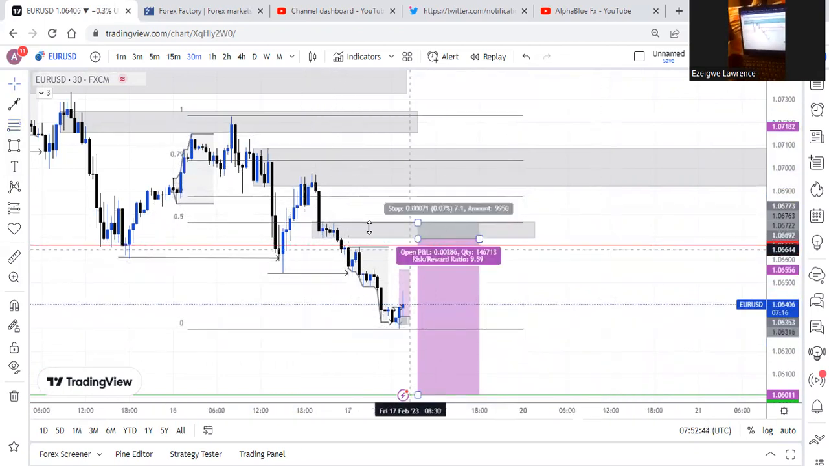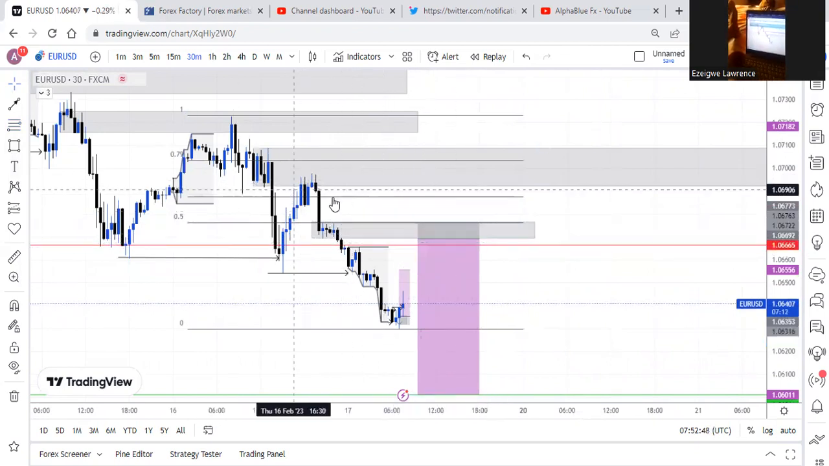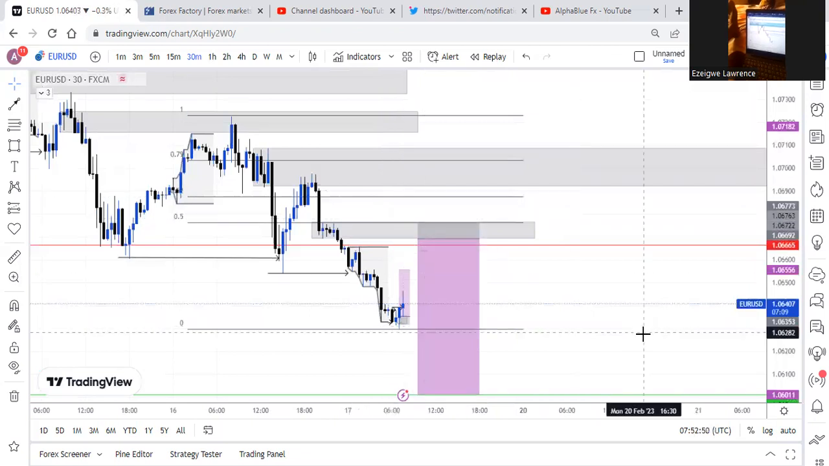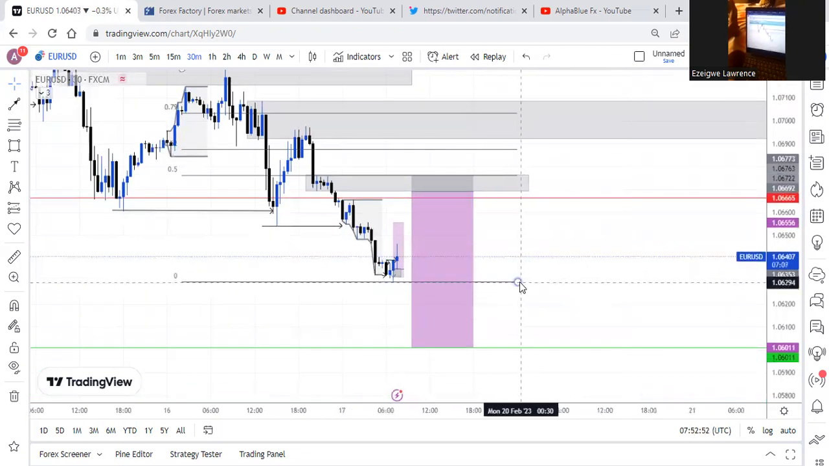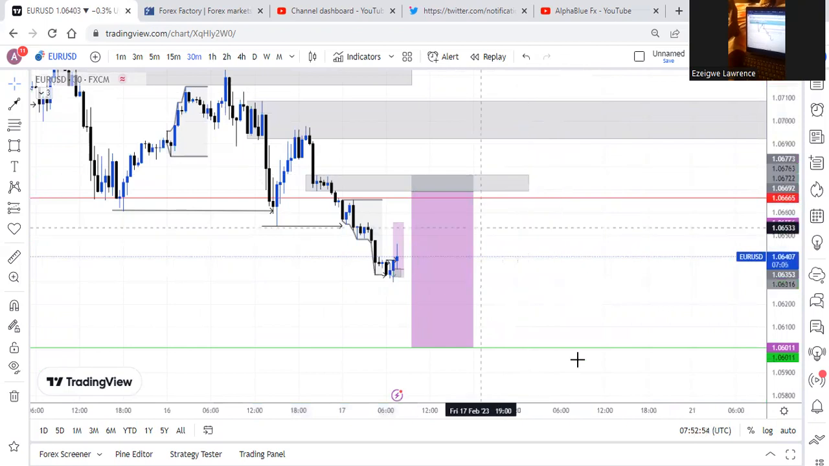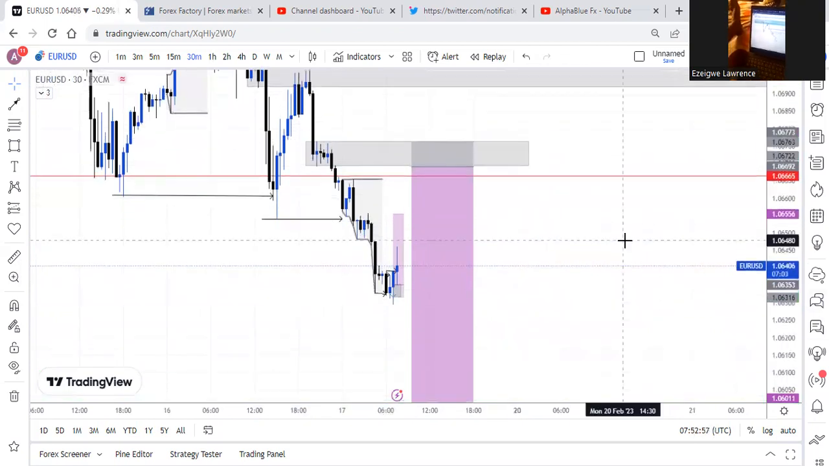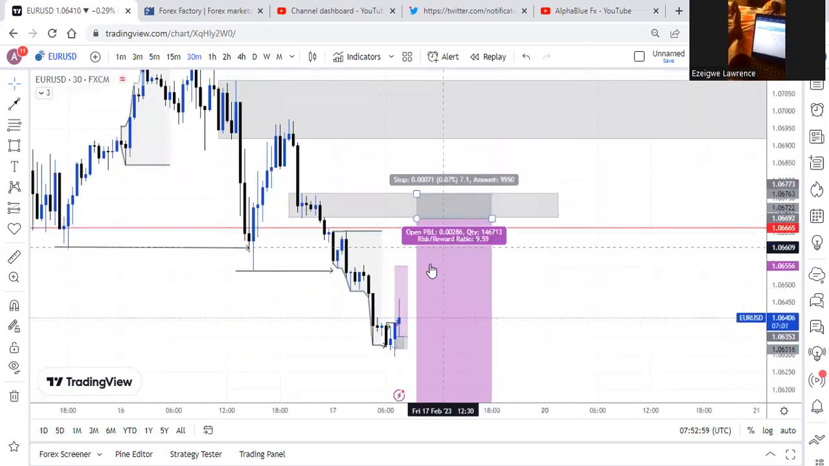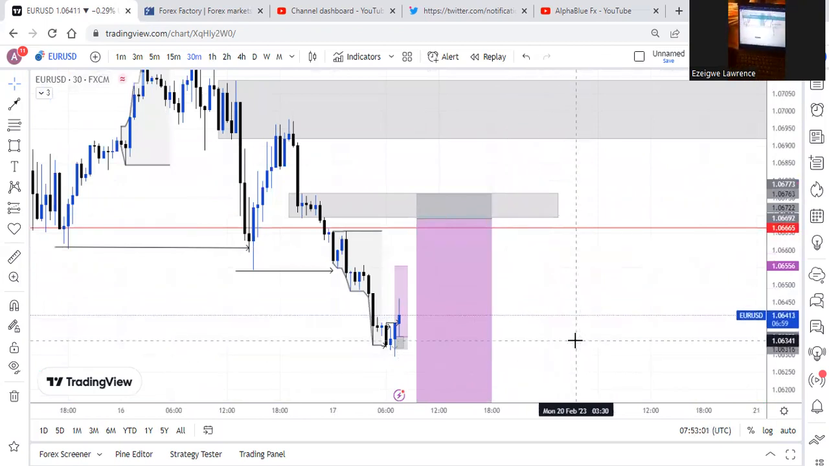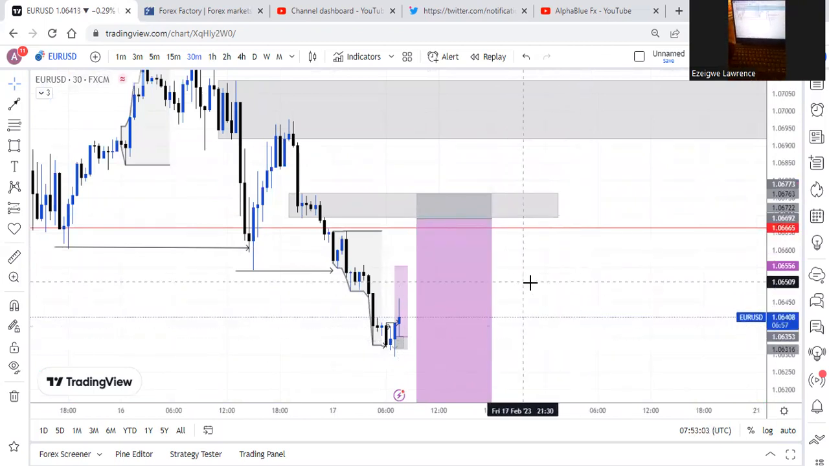Exactly. So this place is kind of the 0.5 level. That's why my entry is here. So let's just see how the market behaves, how the market acts from that zone. Because why I chose that zone is because